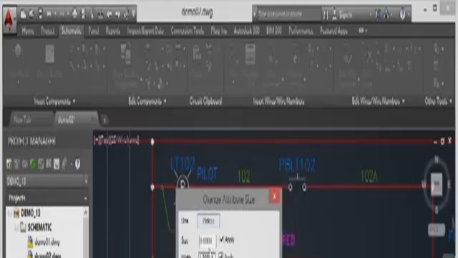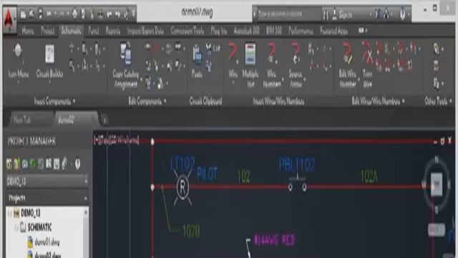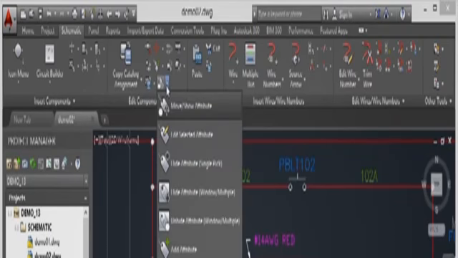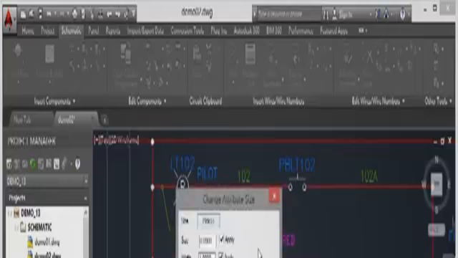So you can see at the moment the size is 0.09, the width is 1, which is 100%, and I can edit all of that, and there's various tools there. I'm going to cancel that for the moment, because what I can do as well is go to the Schematic tab on the ribbon, go to Edit Components panel here, click on the flyout, and there's all of the attribute tools there as well. What I'm going to do is go to Change Attribute Size there,